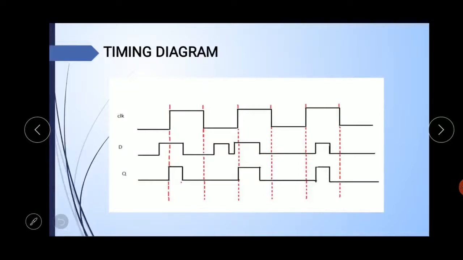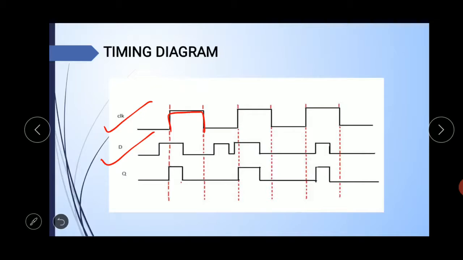So in this timing diagram we can easily observe that when the clock is active or 1, only at that time we get the output similar to the input. Or when the clock is inactive, we can observe that it preserves the state, means it holds the previous state. See here, this one is the clock signal and this one is the input. So this one is the CK or clock equal to 1.